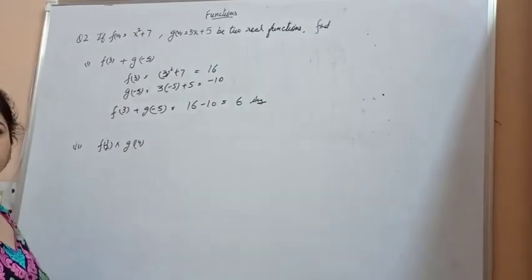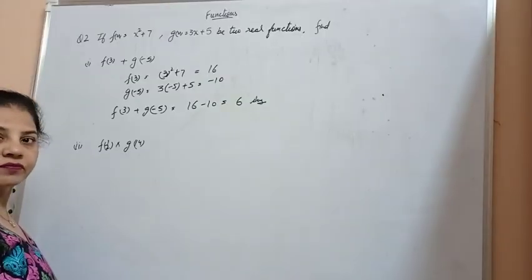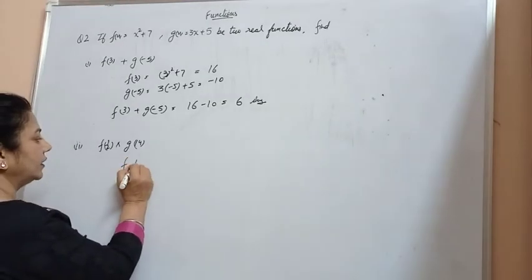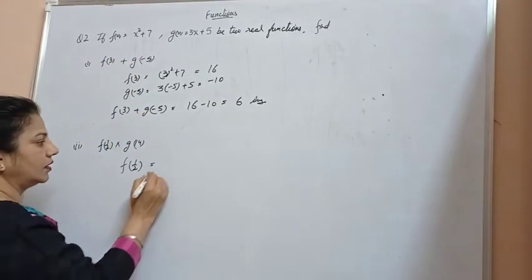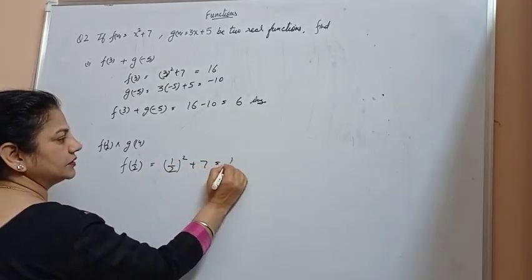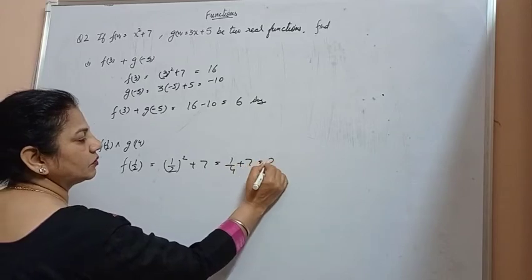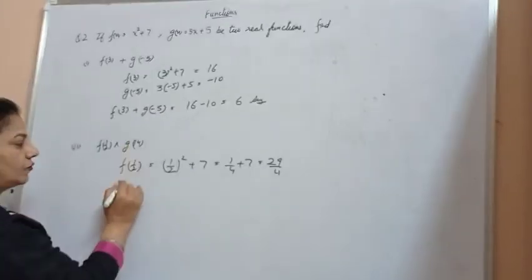Again, f of half into g of 14. First of all, I calculate f of half. F of half means in the function f(x), I put half, x square, half square plus 7. That means 1 by 4 plus 7, which is equal to 29 by 4. G of 14,